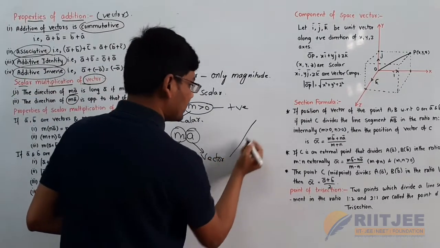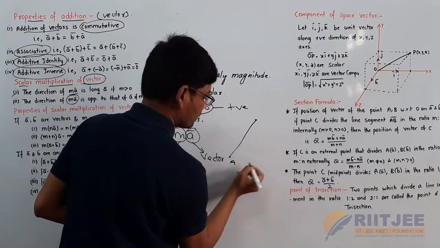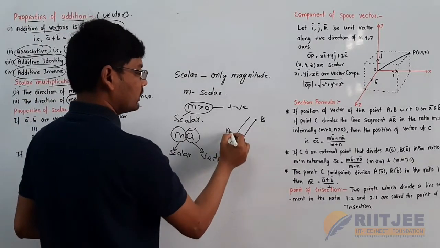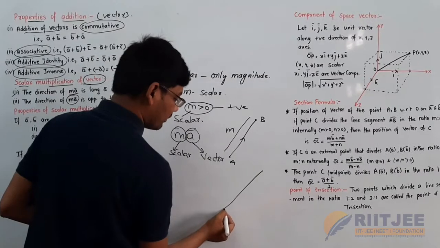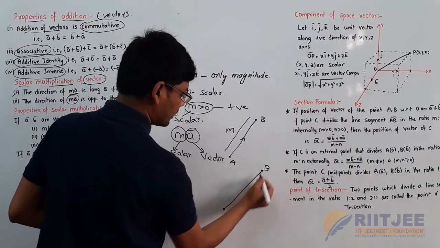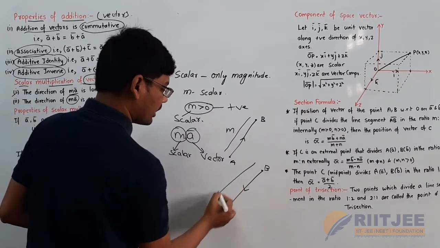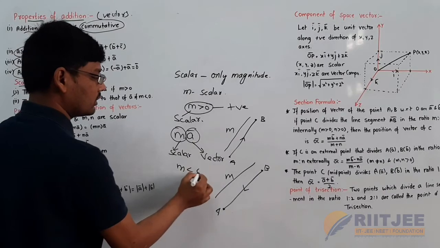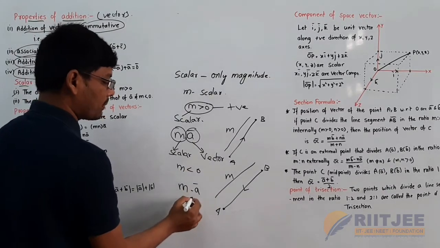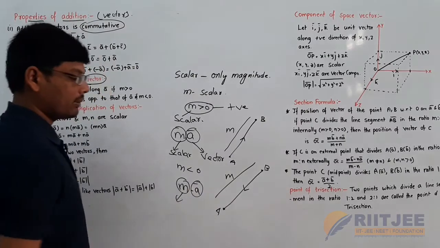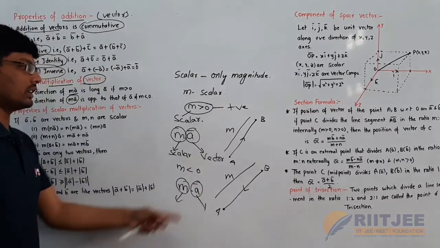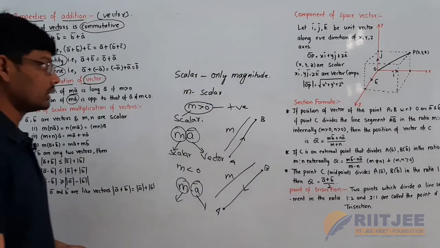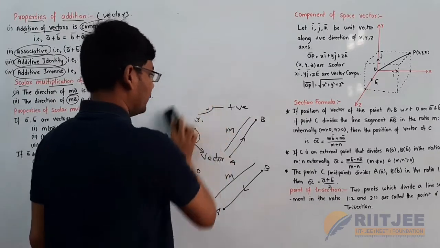For example, the first condition is this is a vector AB. It is in the direction of this one. The scalar is m and it is a direction of reverse. The second one is opposite direction. The scalar quantity is m, the magnitude is m, then the product of this one, m is less than 0, then m into a bar. The second property, where m is a scalar quantity and a bar is a vector here. So this is in the opposite direction, the negative direction, opposite direction here. So this is about scalar multiplication of a vector.